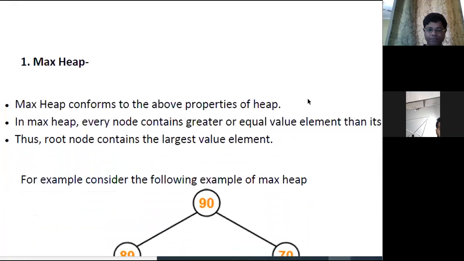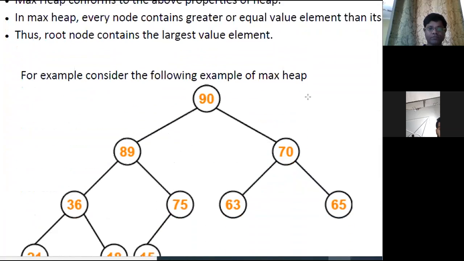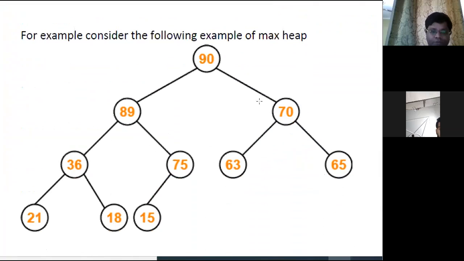So just take an example. Suppose this is our tree in which there are total 1, 2, 3, 4, 5, 6, 7, 8, 9, 10 elements, and we call this a max heap. First check the properties of max heap and verify whether it is a max heap or not. What is the property of max heap?